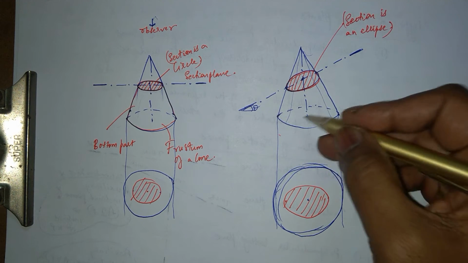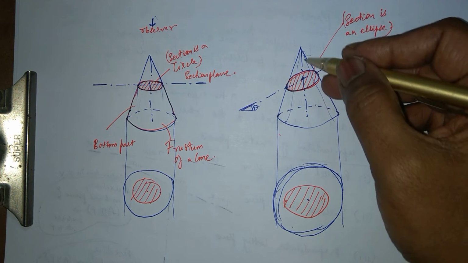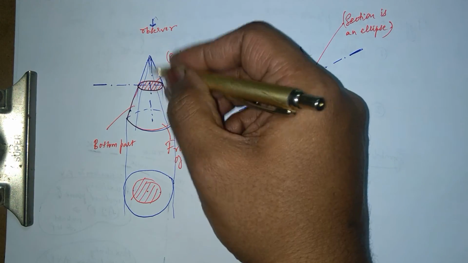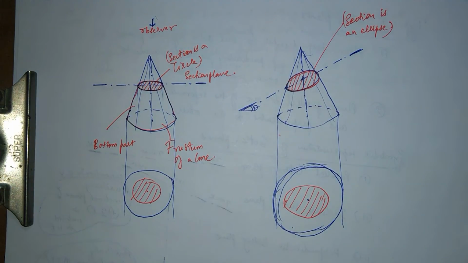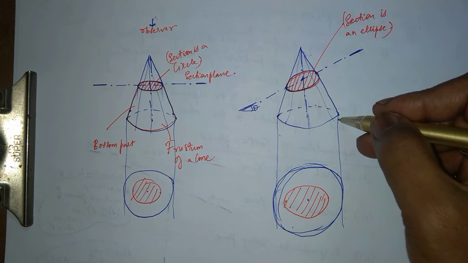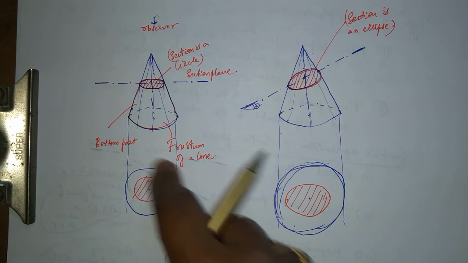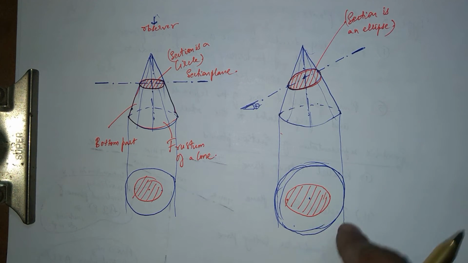Whatever the shape is, you will follow based on the generator lines. You will have to draw the generator lines here. Same thing here, you will draw the generator lines. Generator lines are imaginary lines. You're just assuming that there is a line, because if it's a pyramid or a prism, you do have some edges, but in a cone or a cylinder, you don't have any generators. You have to create your own generators, and based on that you'll get it.